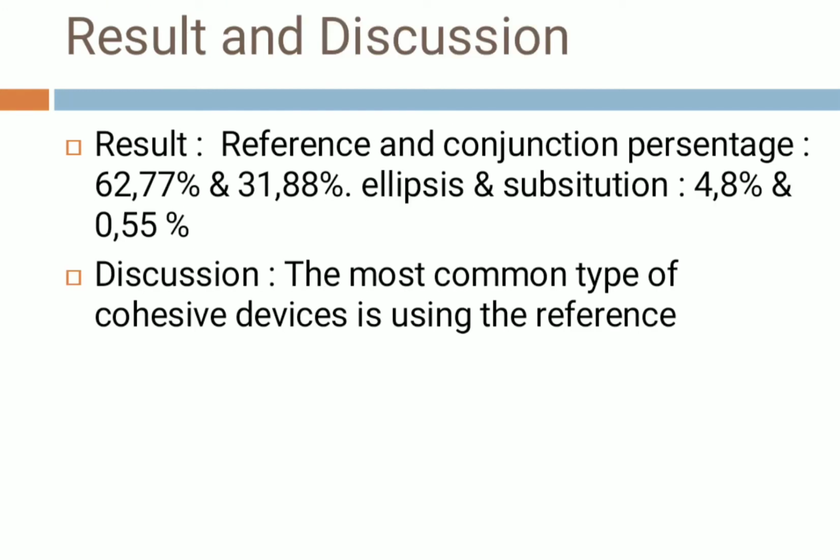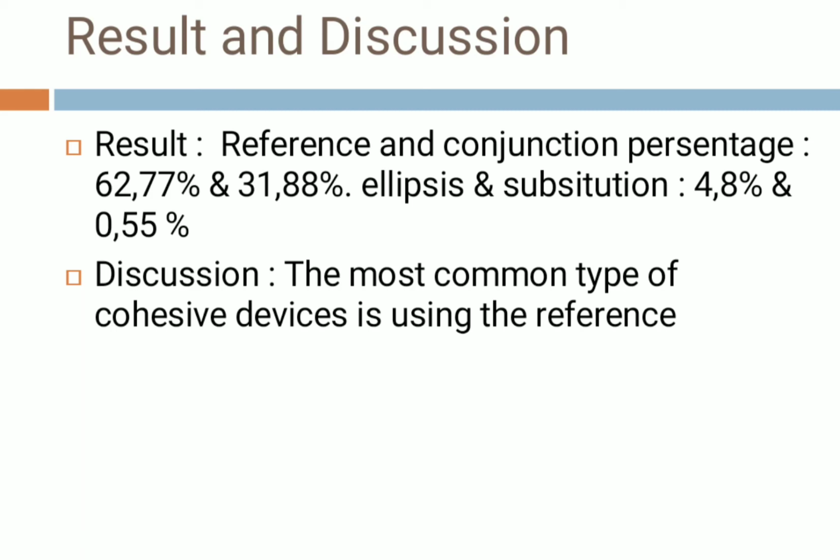The fifth element of the research article is result and discussion. Result means giving the findings, as a graphic or a table. From the table given in the article, it was found that the frequency of using reference is 96.3 times or